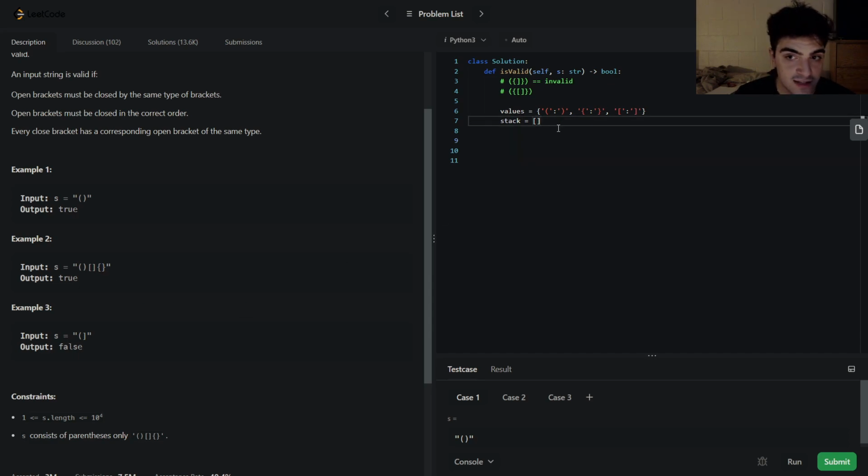So the stack is going to essentially be a placeholder for us. I'm going to actually write the for loop so it makes a little more sense. We're going to go through the strings that we have. We're going to go through S, right? And if bracket is in values,